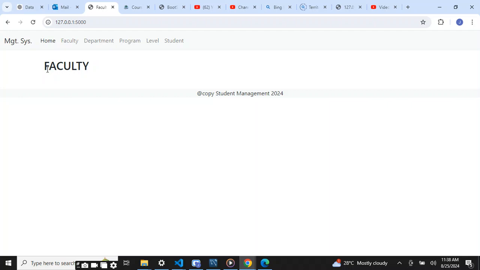So this body here that you're seeing, faculty, is our faculty module. The faculty module is inheriting this base.html, right? It is inheriting the header and the footer from the base.html. There are also every other module here like department, program, level, and student. Now, please, if you don't know how to do this, please refer to our lesson 8 to show you how